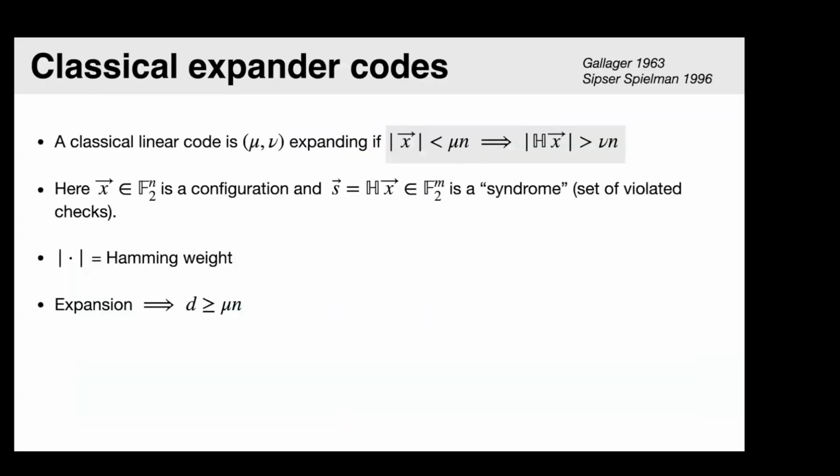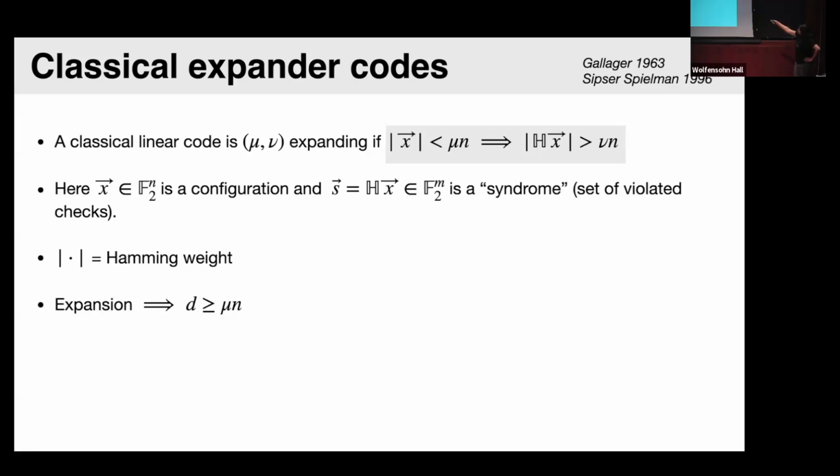Okay, so now this is the first thing that is in review from yesterday. So we're going to talk about classical expander codes. I'll define what these are for you, and I need these expander codes. This will give me the property that I need in order to get a good classical LDPC code. Okay, so a classical code is called mu expanding